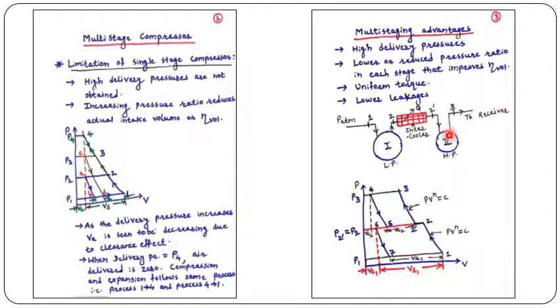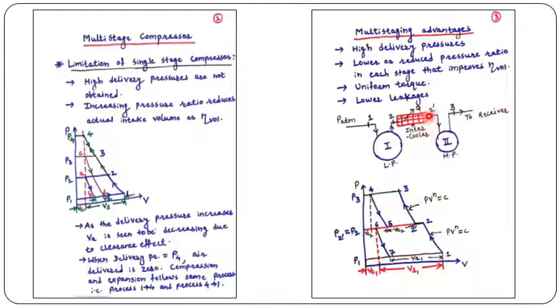So, now when you talk about a multi-stage compressor, there is another component which is called an intercooler. Intercooler, as the name suggests, is a heat exchanger which is used for cooling air in between two stages. Let us assume that there are two stages. In the first cylinder, air is sucked in and delivered to the second stage, but before delivering it to the second stage, the air is cooled in the intercooler.